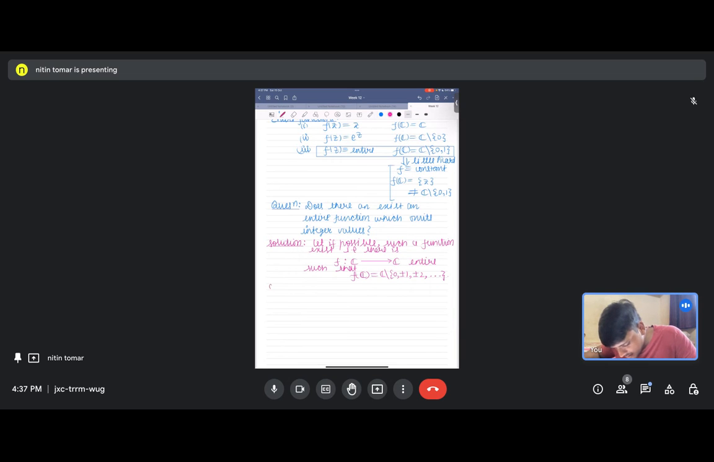Now since f omits more than 2 points, then it is a constant function. And f is entire. So little Picard's theorem implies f is a constant function, correct? Yes, sir. Now, but if f is a constant function,